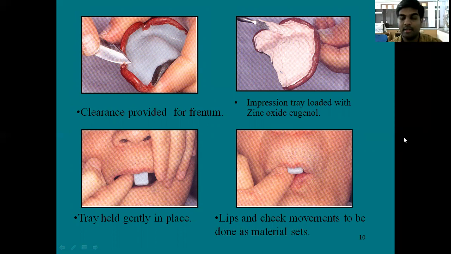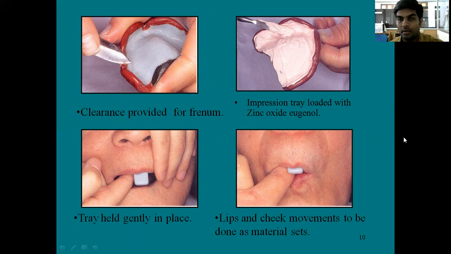We have light body impression, elastomeric impression materials also. There are various other materials which will be demonstrated to you during the clinical hours. But for your practicals, you will be using zinc oxide eugenol impression material for your secondary impressions.